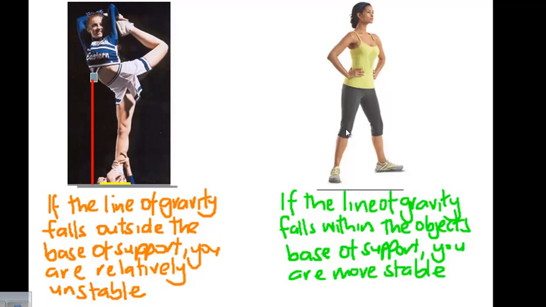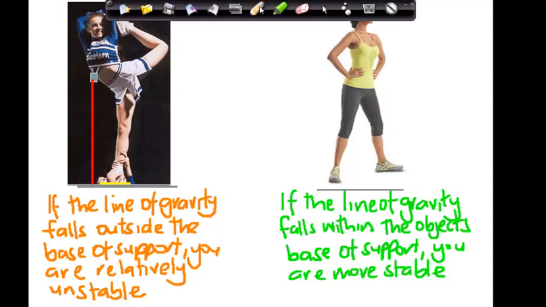Alright, just a few other things to understand. If the line of gravity falls outside the base of support, you are relatively unstable. As you can see here, if I was to push that particular girl over, she would fall over straight away. And as you can see, the lady on the far right, if the line of gravity falls within the object's base of support,